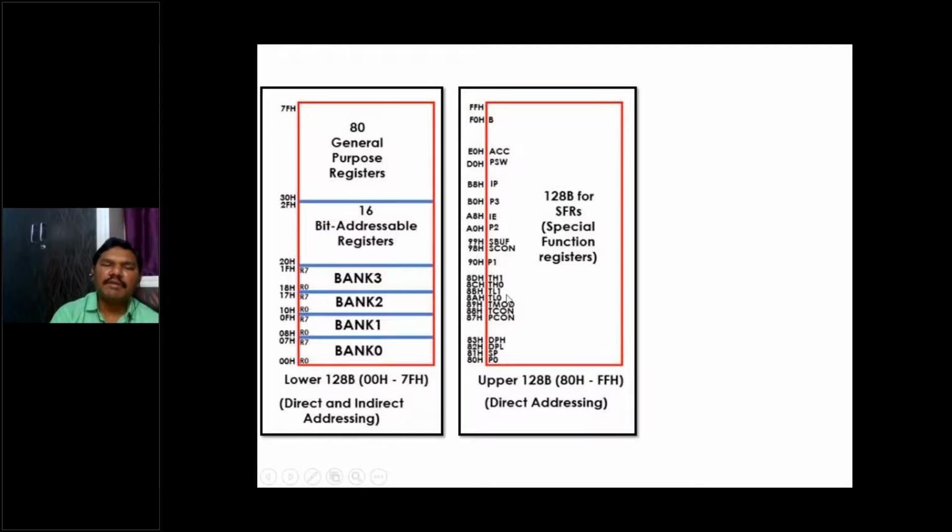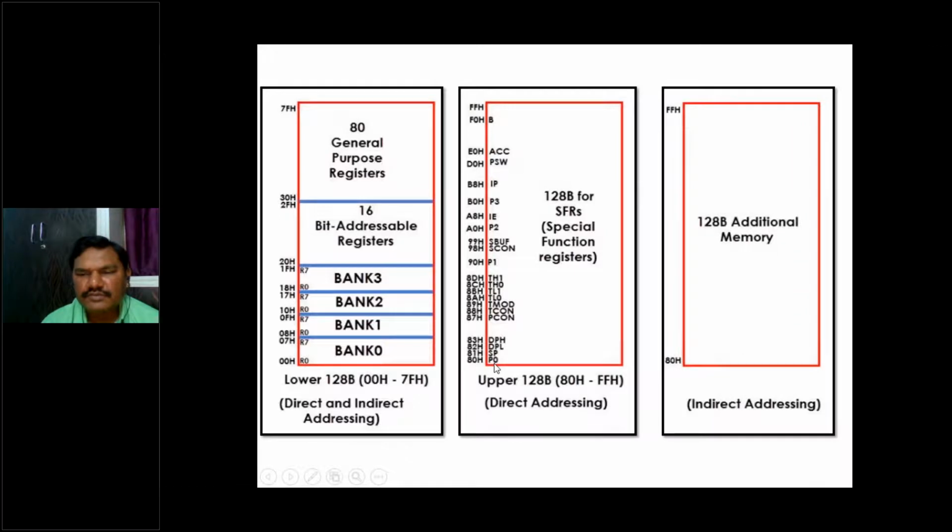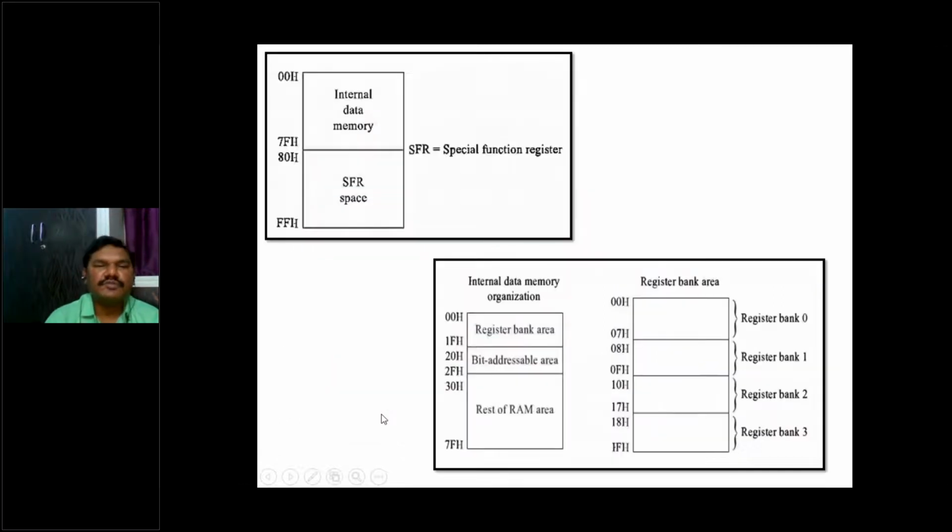Suppose you are operating your timer 1. The timer can be operated through TH1 and TL1, with memory locations 8C and 8A. So these are the different register locations mentioned in the RAM memory. This can be addressed either directly or indirectly. You can write MOV A, P0, or you can write MOV A, 80H. This is what you call direct and indirect. Here 80 to FF are the addresses, or directly you can take P0 to B register. Both are supported. That is what we call direct and indirect addressing, which we will see in the addressing modes.